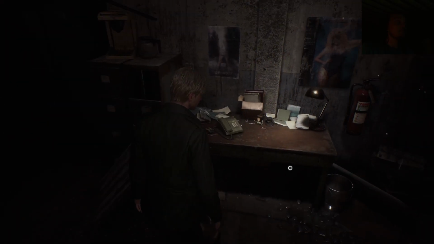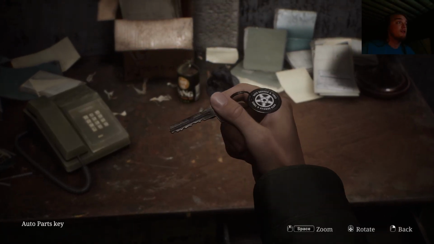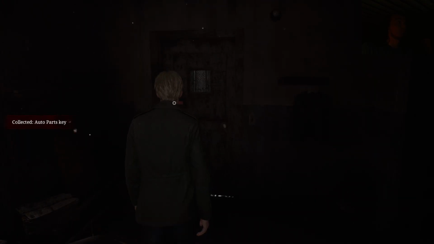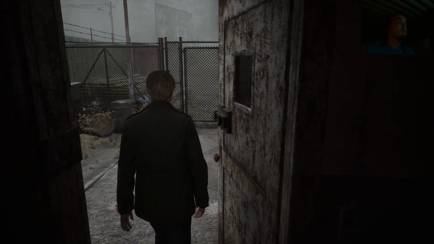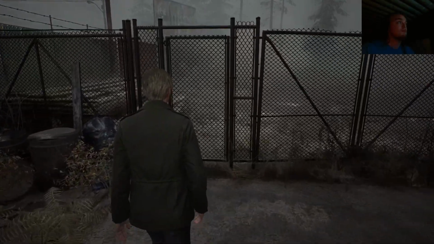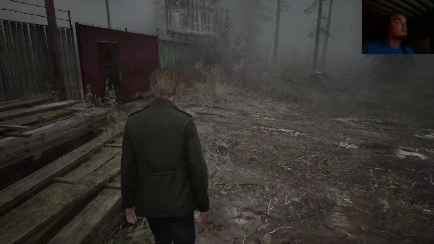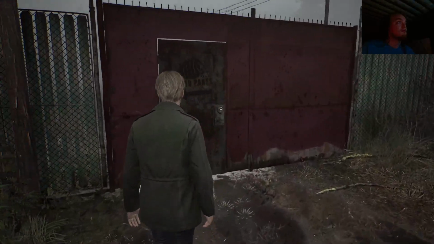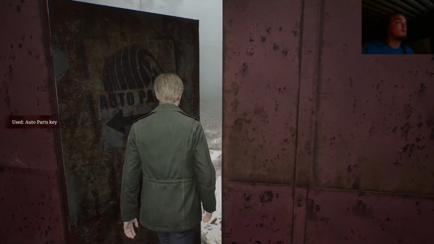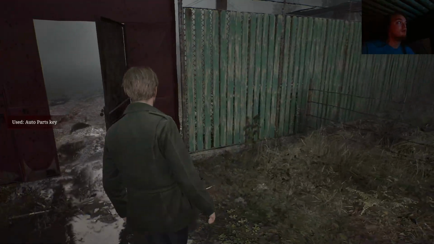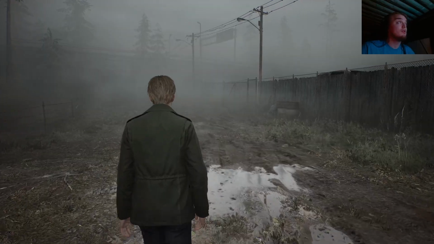That gaseous noise keeps... We have ourselves a key. Maybe that was the door that was making noises.